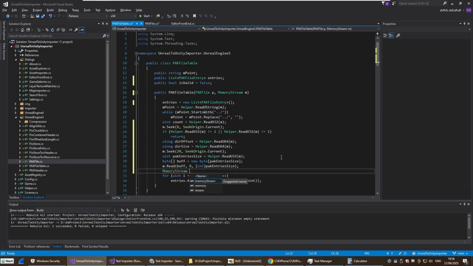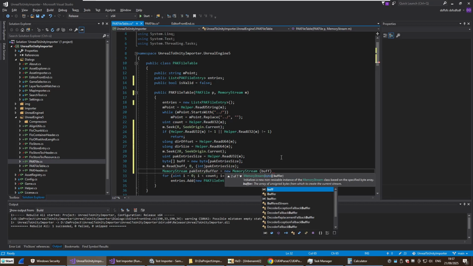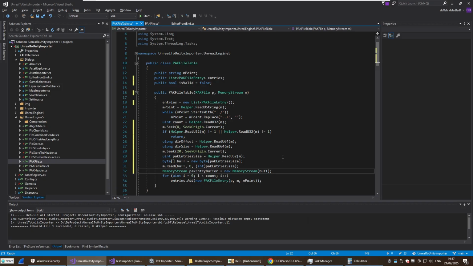Memory stream. I have a bad feeling right now, but for another reason. It finishes. Pack entry buffer from this buffer we just read,